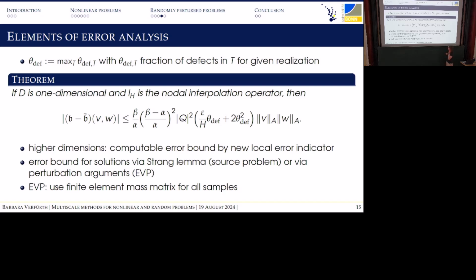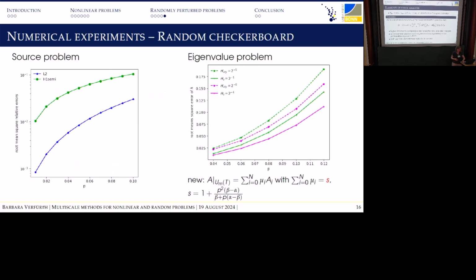And also, to make things easier, as a side note for the eigenvalue problem, you have the mass matrix on the right hand side still, which in theory you should maybe also treat with a multiscale version using multiscale basis functions. But with this offline-online strategy this looked a bit complicated, so we simply used the finite element mass matrix on the right hand side, because it's anyway an L2 term. Our experiments show that this has no bigger effect, at least not a dominant one.